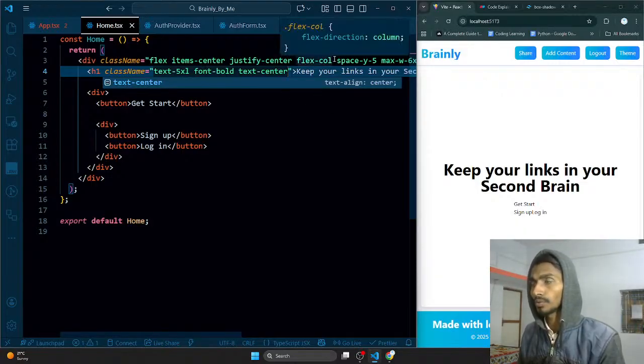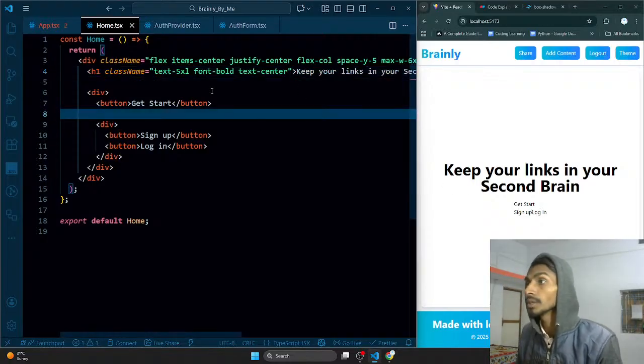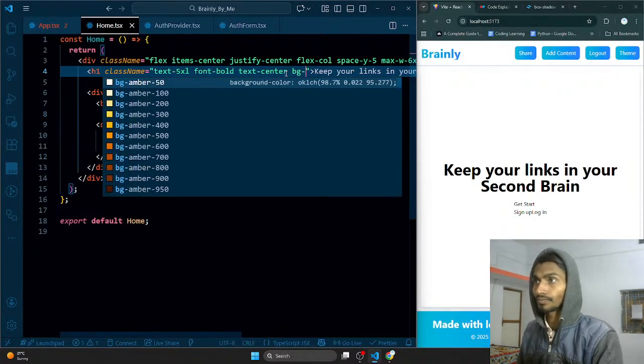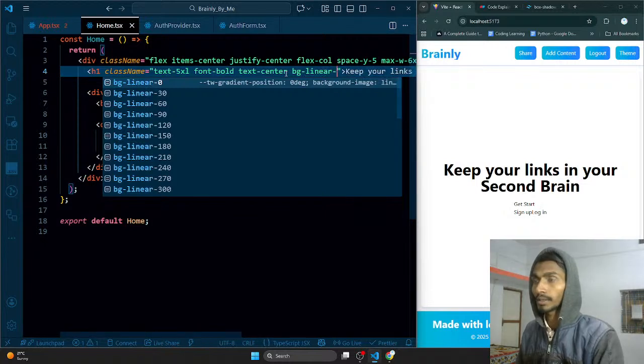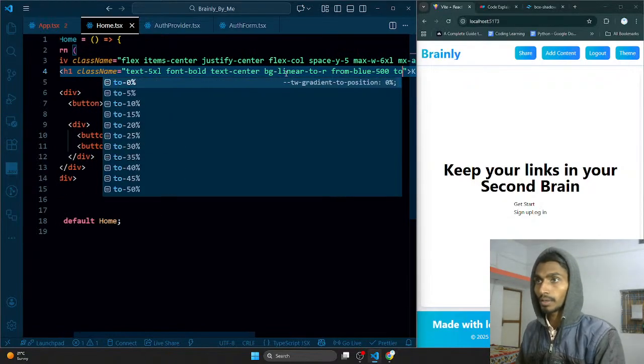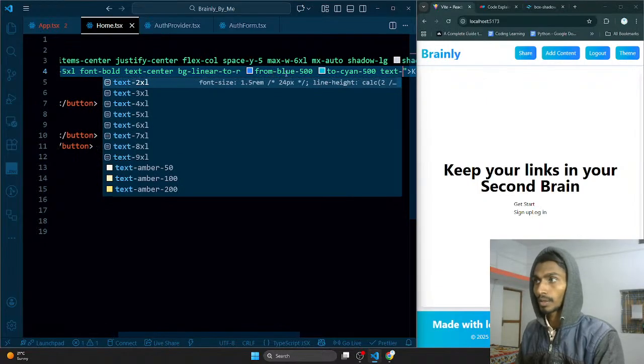So what I can do, that will not be problematic anyway. Let's go ahead with this. And when it comes to this, so bg linear to right, and from blue 500 to cyan 500, text,